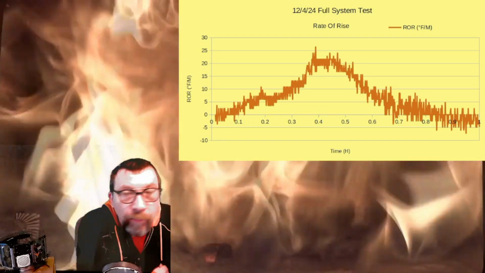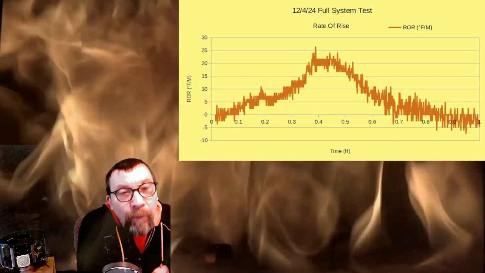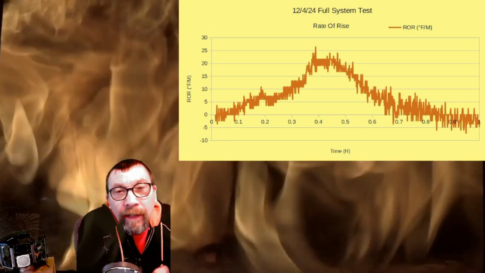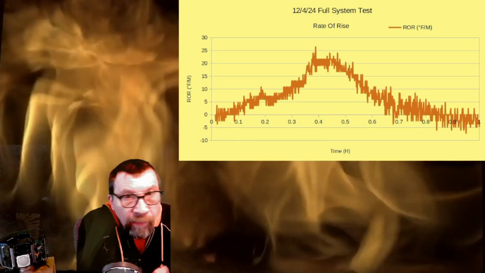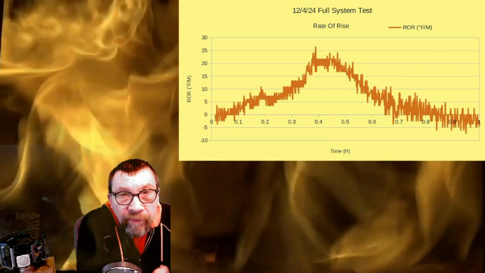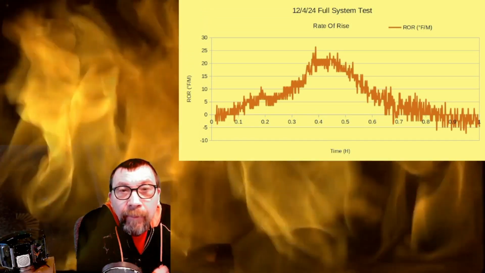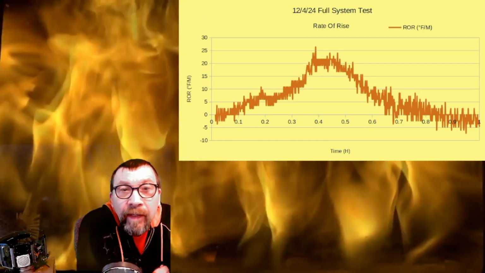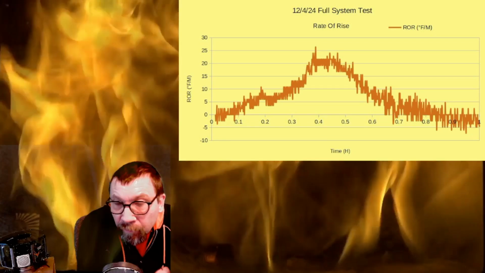That's a pretty steep rise in temperature, and we want to keep that under control. However, I'm not worried about 20, 25, and occasionally I might see 30 for a brief period of time, but this stays about 10. It does get up to about 20, and then when you see it drop down,